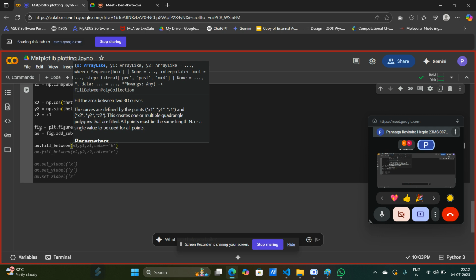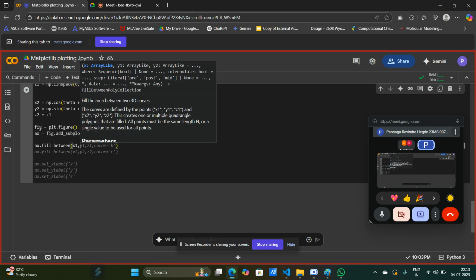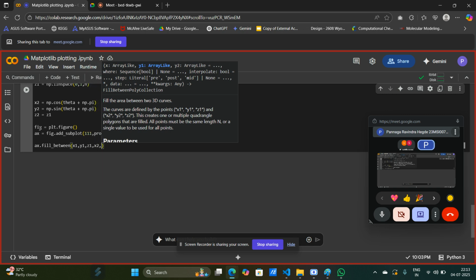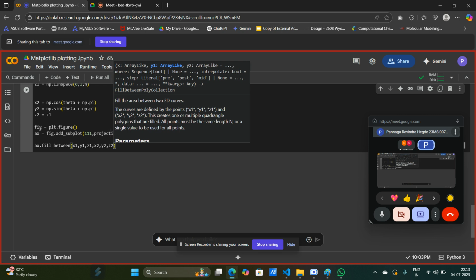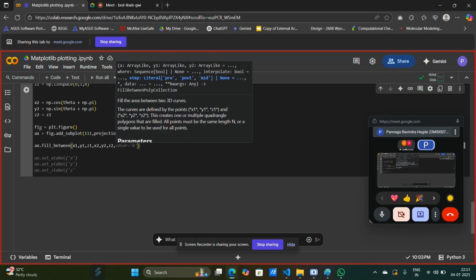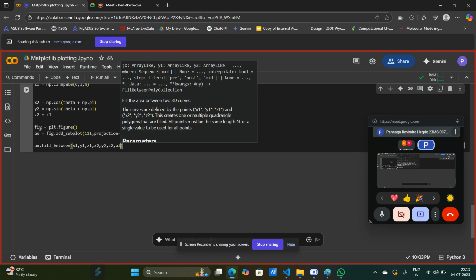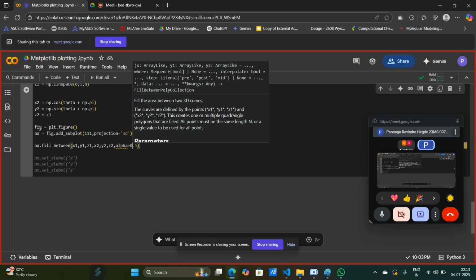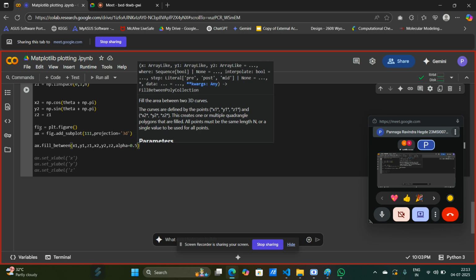First the xyz of the first line, then xyz of the second line. For example, x1, y1, z1, x2, y2, z2. And after this, how transparent you want the area between the two lines to look like. To specify that, we have to use alpha, and I'm going to set it to 0.5 for now,